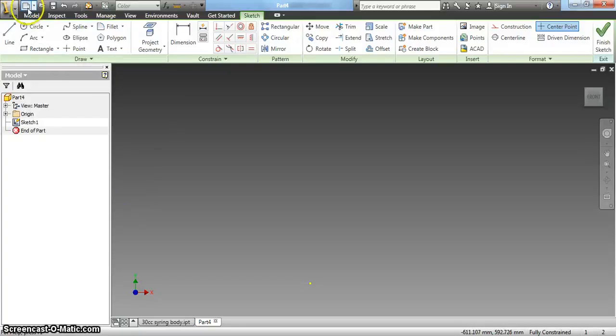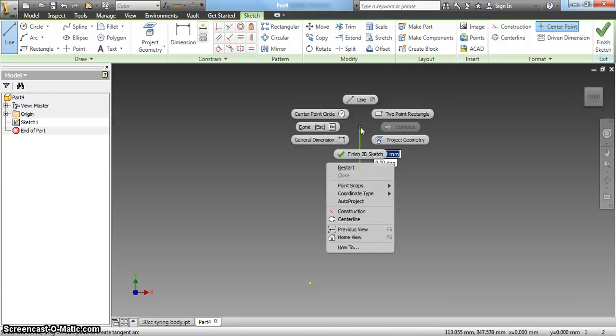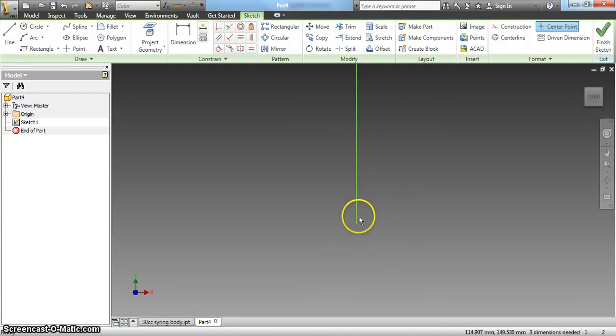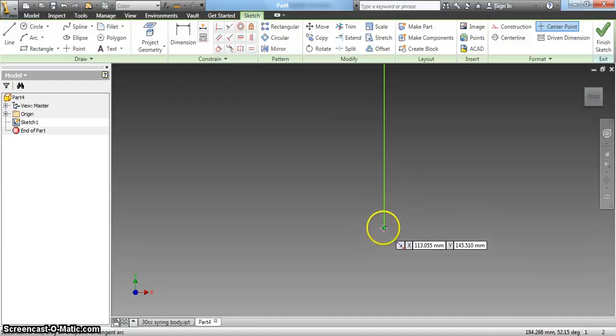In this clip here, we're going to draw a syringe, so standard IPT part. So we're going to use a command called revolve, which needs an axis point. So we're just going to put any line there at 90 degrees, and this will become our axis. And from this point, we're going to come out